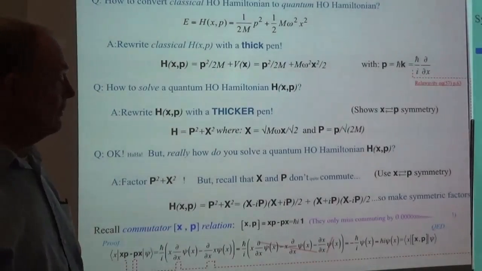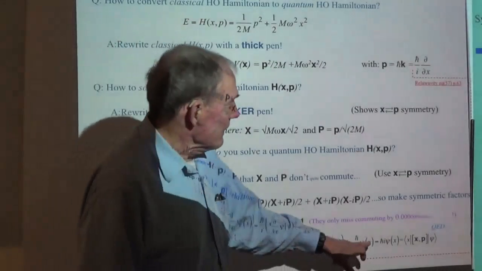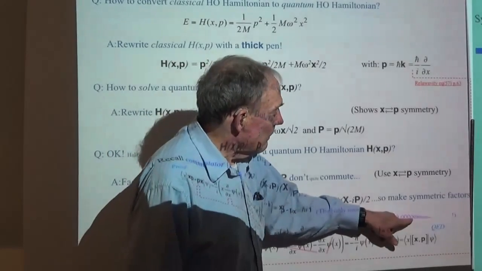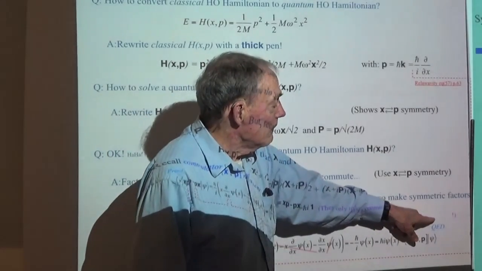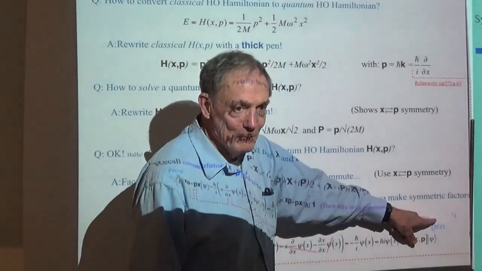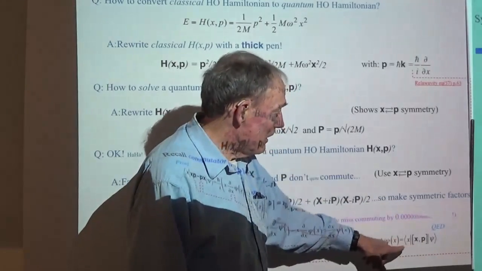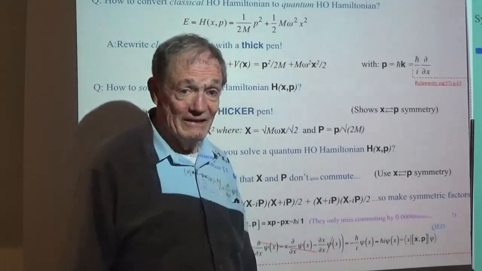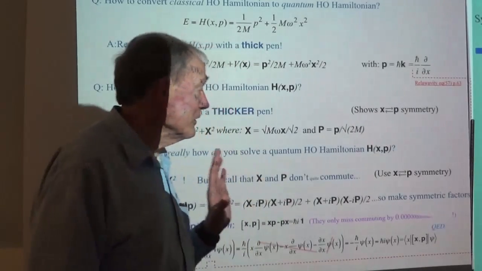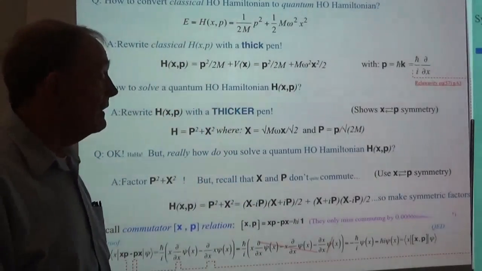So it only misses commuting by 0.000, and I got to go 34 times, right? In order to tell you how big that is. Okay, so I think that's something you should be aware of, and I'm going to make that point a couple